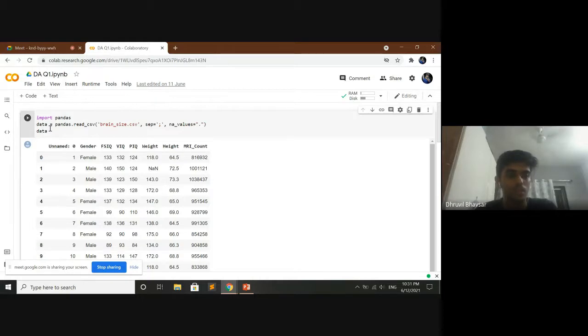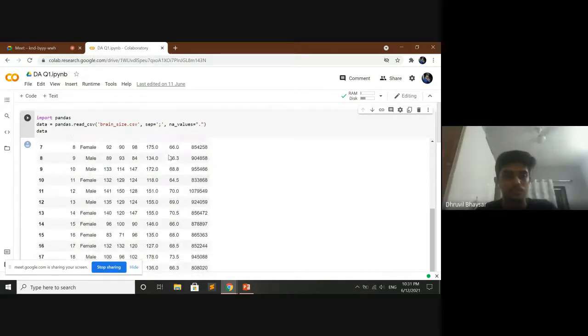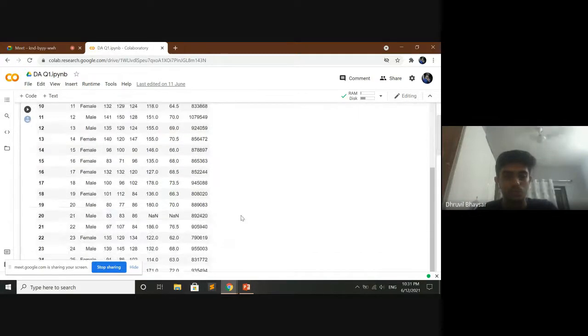Pandas is one of the most popular Python libraries for data manipulation and analysis, which I have used here. By running it, we get some output like this, where the columns given are gender, FSIQ, VIQ, PIQ, weight, height, and MRI count. The list goes up to